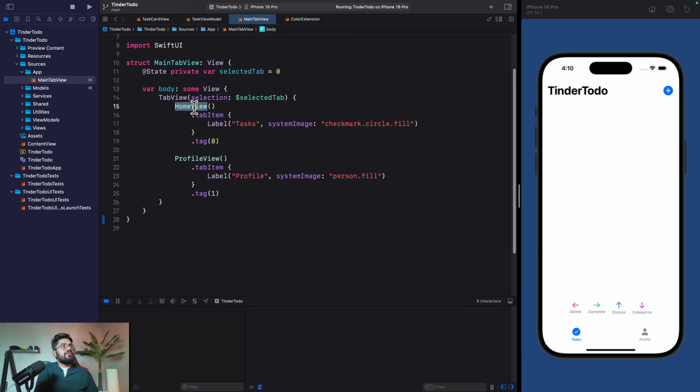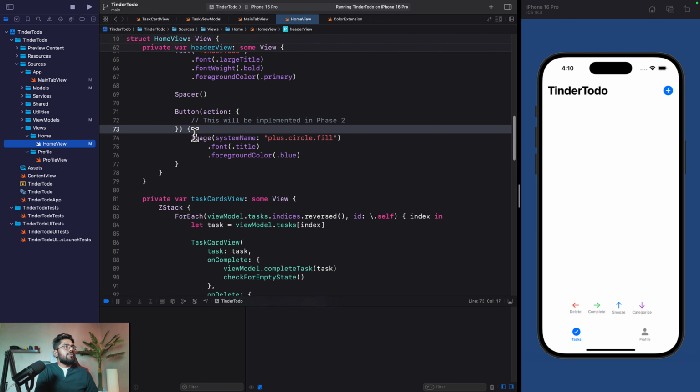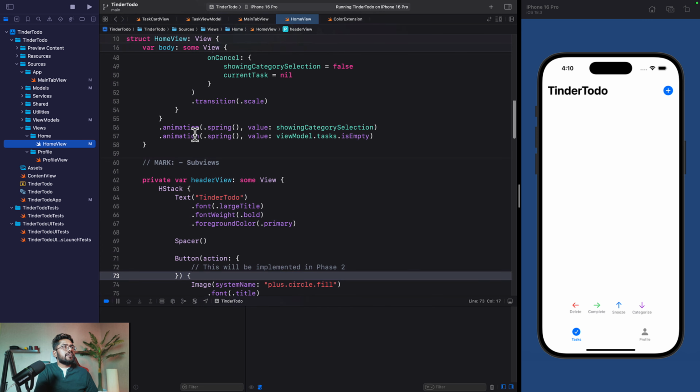And then we have home view and we have profile view. And this is how we can add a tab item with a label and a system image. This image is nothing but Swift UI comes with a library of a lot of images or icons, you can say. And if we go to views, we can see this home view, where we have